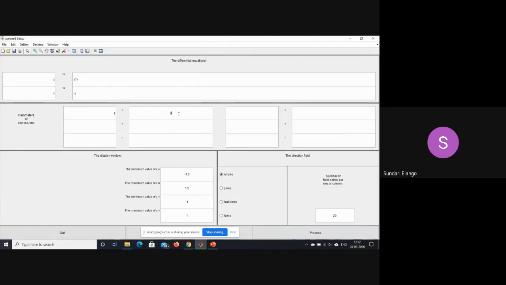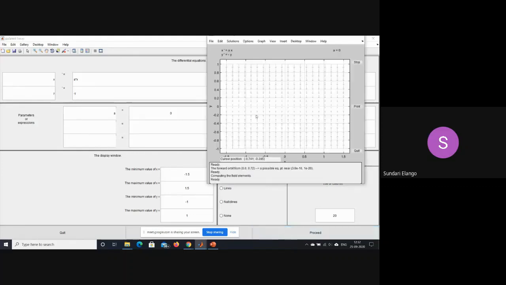Now, if I change that value to 0, then one of my eigenvalues is 0, while the other eigenvalue is -1. This will result in a saddle node. This will result in a line of attractors. And that line of attractors is your x-axis, which is your y nullcline.